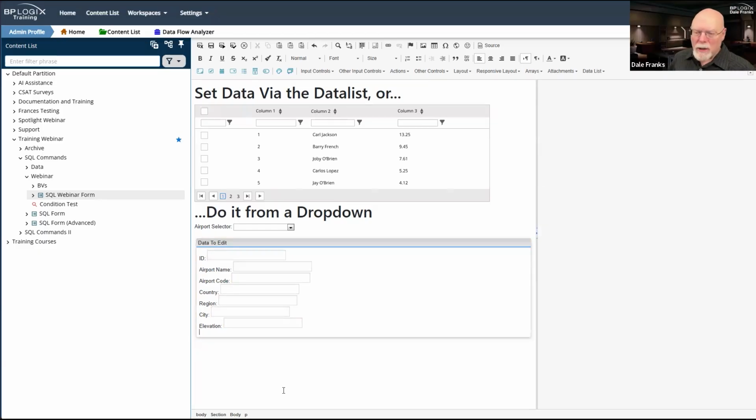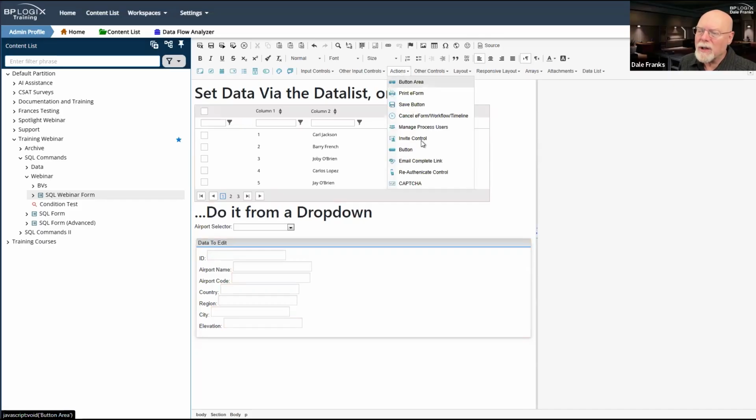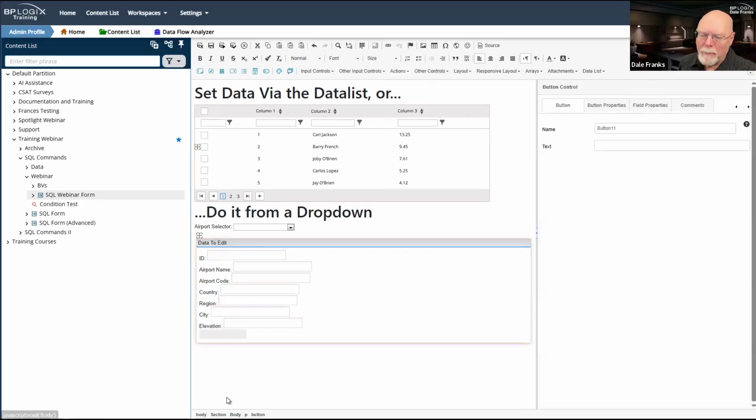So I can get information and place it in these fields. That's great, but what if I need to change some of that information, or of course, just delete that information entirely? Well, from a UI perspective, I'm certainly going to need a button to do all of those things. So let's go ahead and go to Actions and let's select Button.